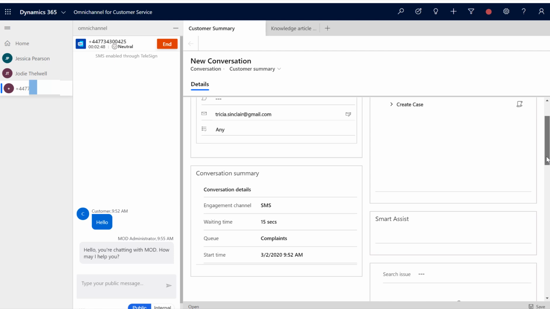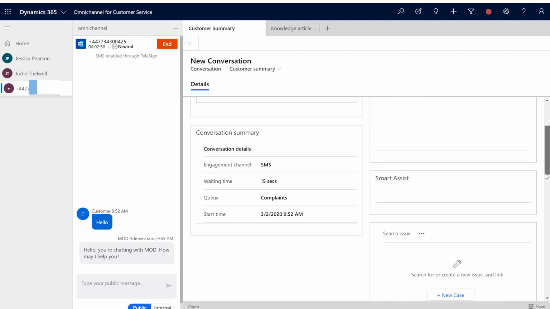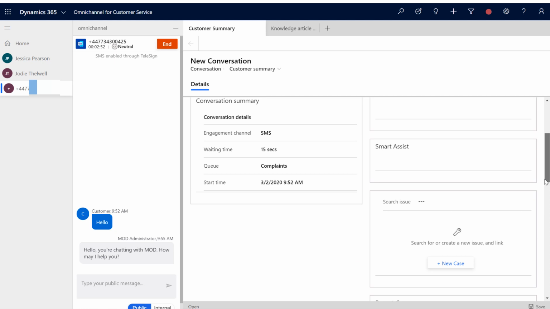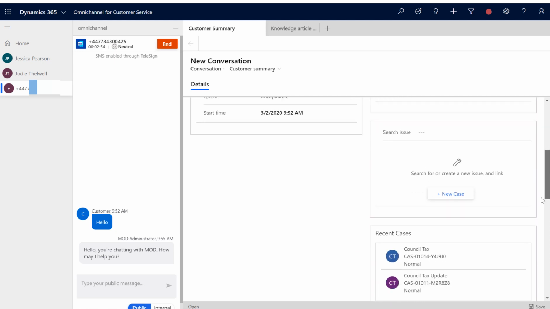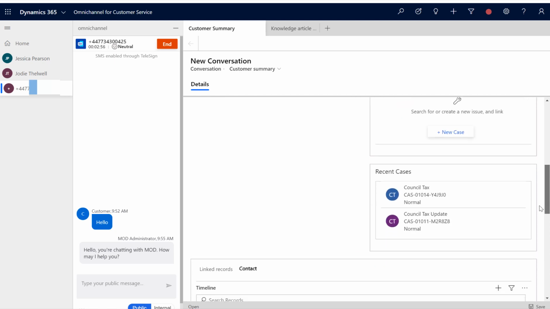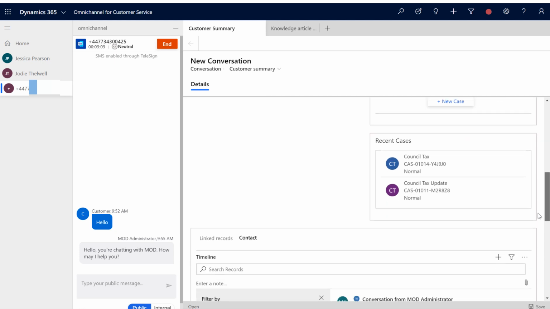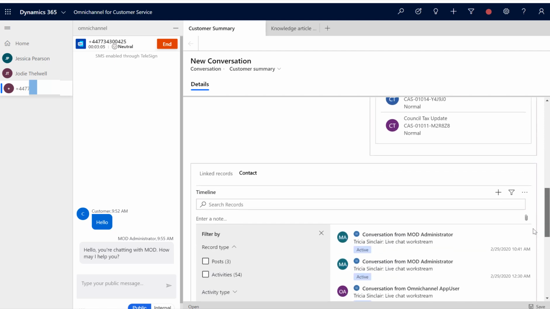And also going down in the screen, which is also actually available on the other channels as well, is the ability to view the recent cases and also the linked records where we can see all the previous activities that are associated with that contact and also the cases as well.